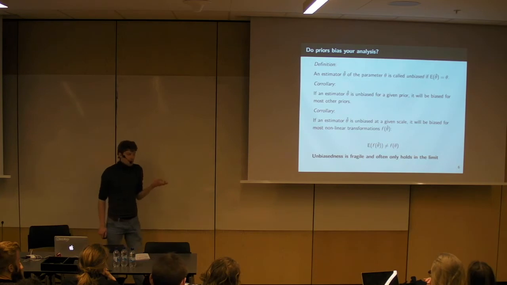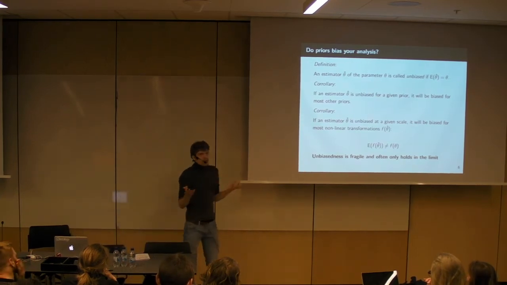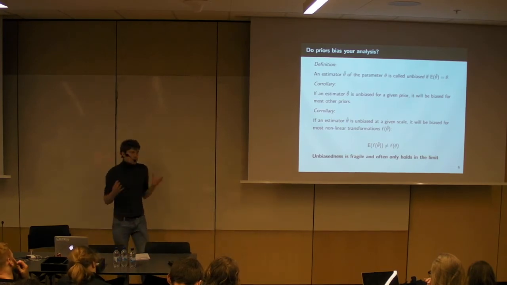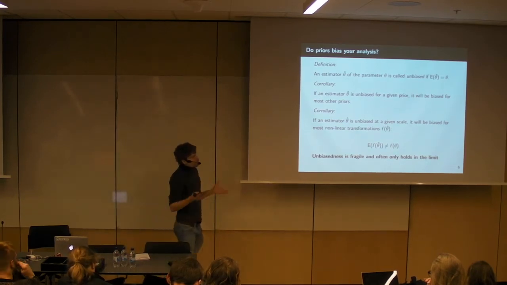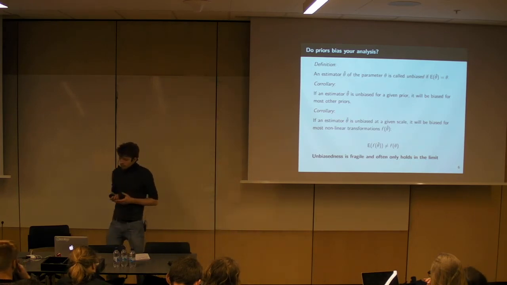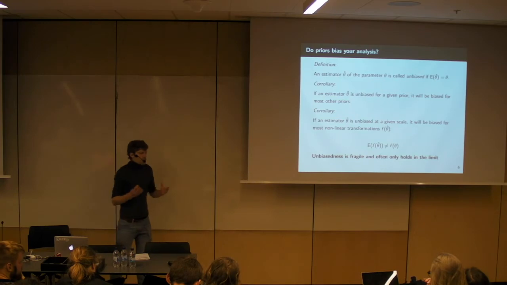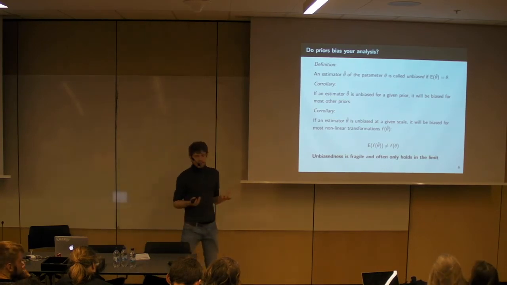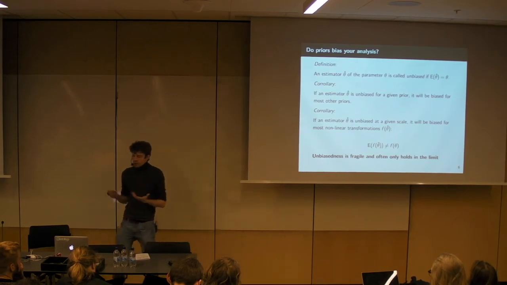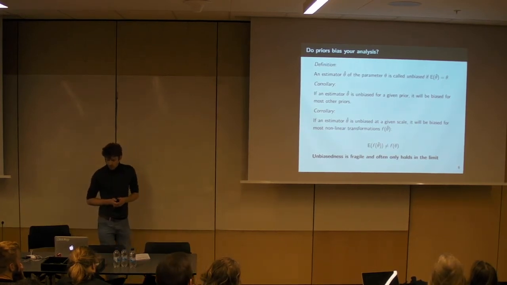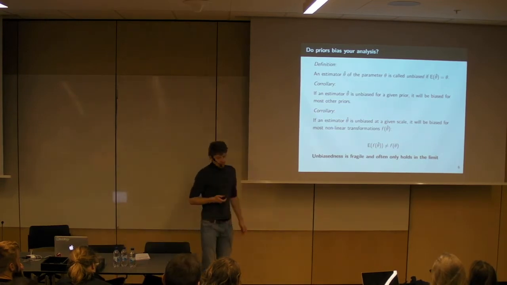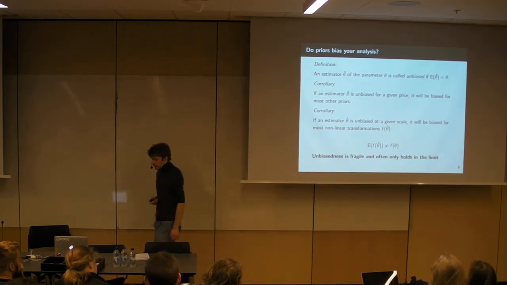So priors do bias your analysis at some point, but usually it's not necessarily about bias, but about getting reasonable estimates which may be reasonably close to some idea of the truth. And Bayesian statistics can actually help us get there by providing information to the model which isn't in the data, but which we should still use. Yeah, so don't be obsessed with some sort of unbiasedness. This is not the concept you should be striving for in all cases.